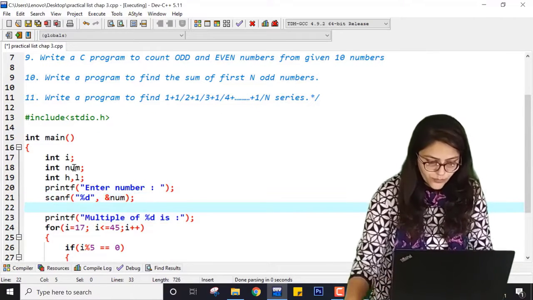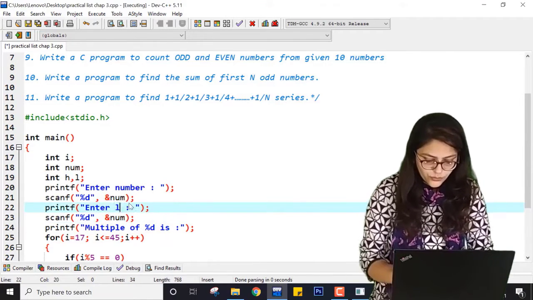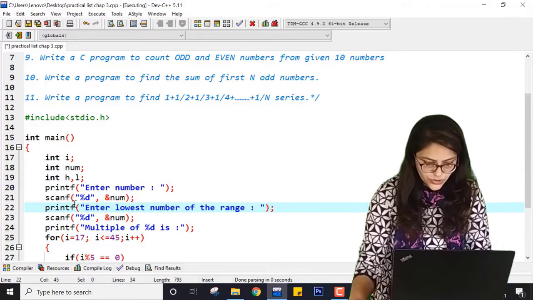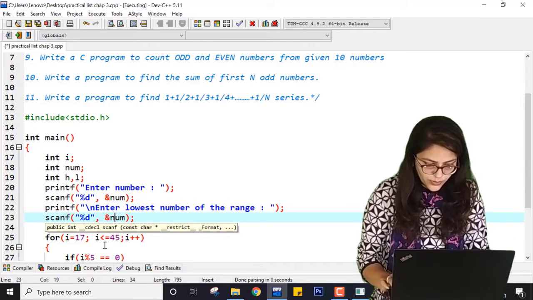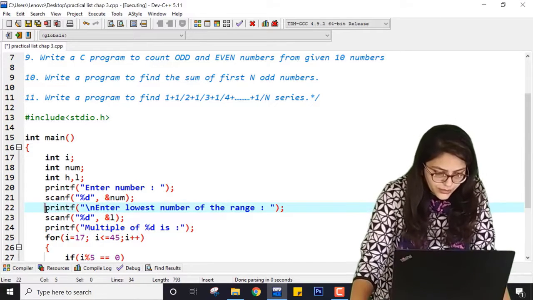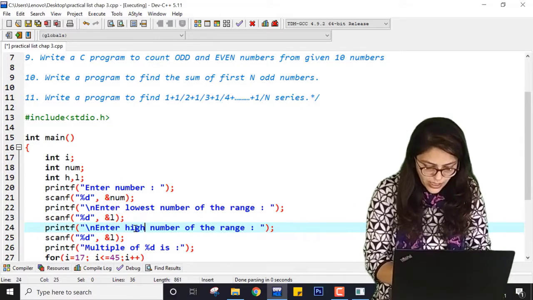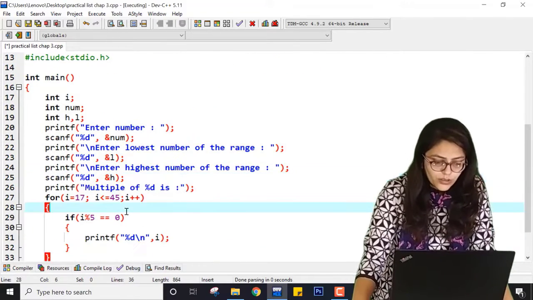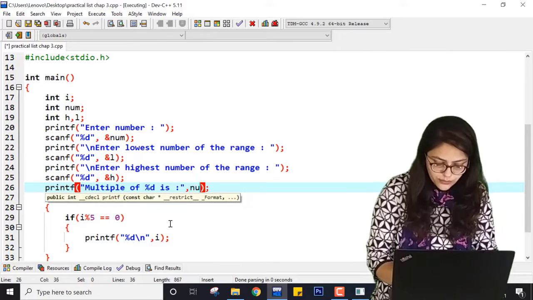Also I need printf lowest number of the range, here I put a slash n and here it will be L. If I copy this and paste it here, it will be highest number of the range, say H. Now multiples of %d, this is multiples of num.